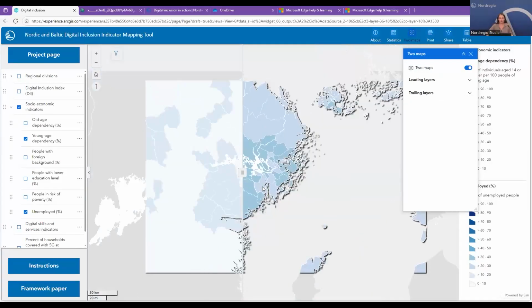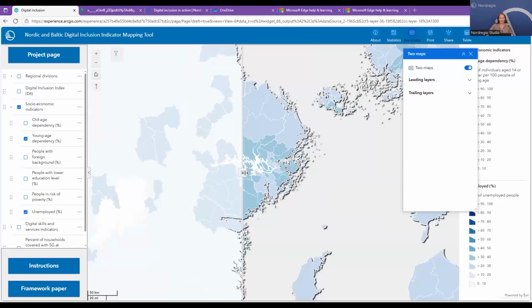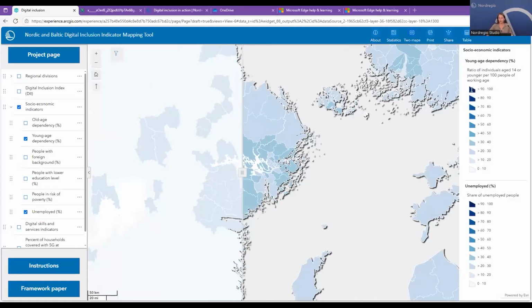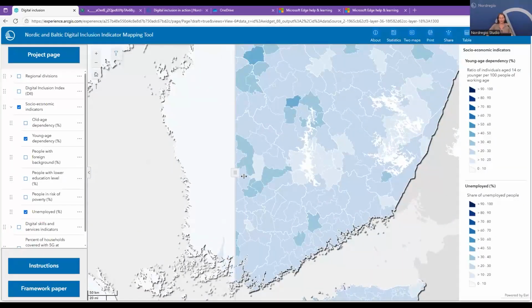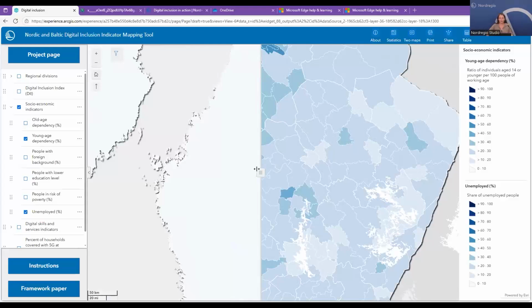If we zoom out a bit, we simply can drag this curtain on the map, and we see how the different municipalities are changing, how they are belonging to different classes. Here there is a legend again, so you can see what classes which municipality is belonging to. This is a simple tool for quickly understanding and comparing some indicators of your interest.